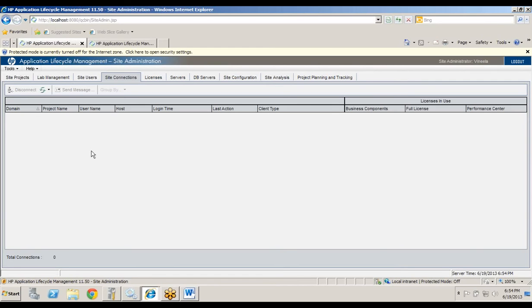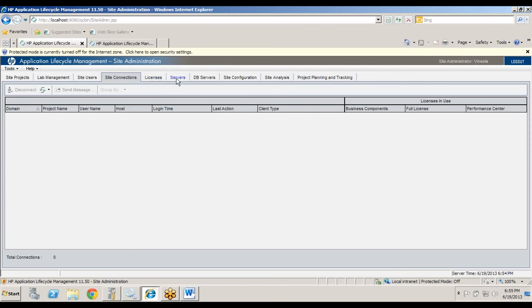Okay. And the site users, where in this tab you will be creating the site users. Okay. And the site connections. In the site connections, you will be seeing the details of the site users. But this won't be visible for the admin because he is the only super user.